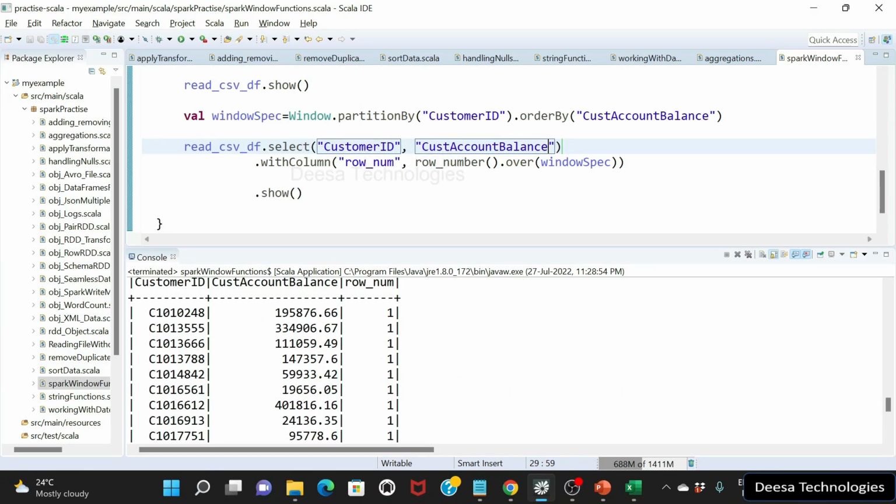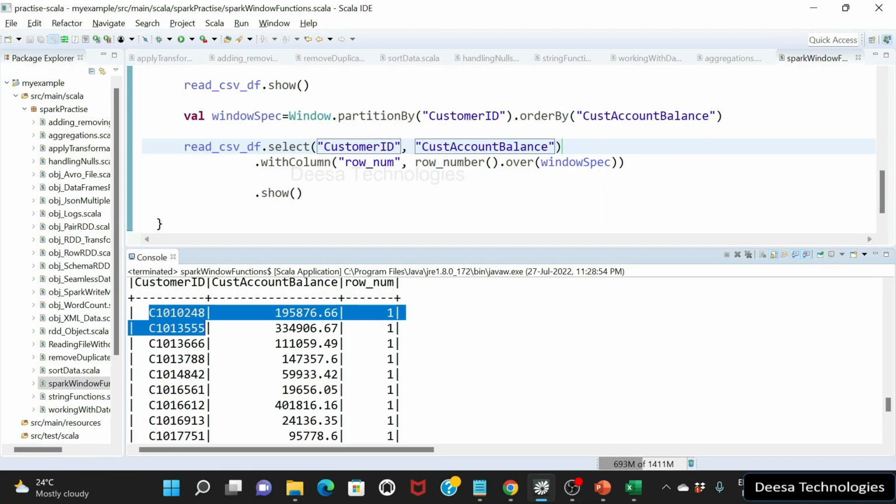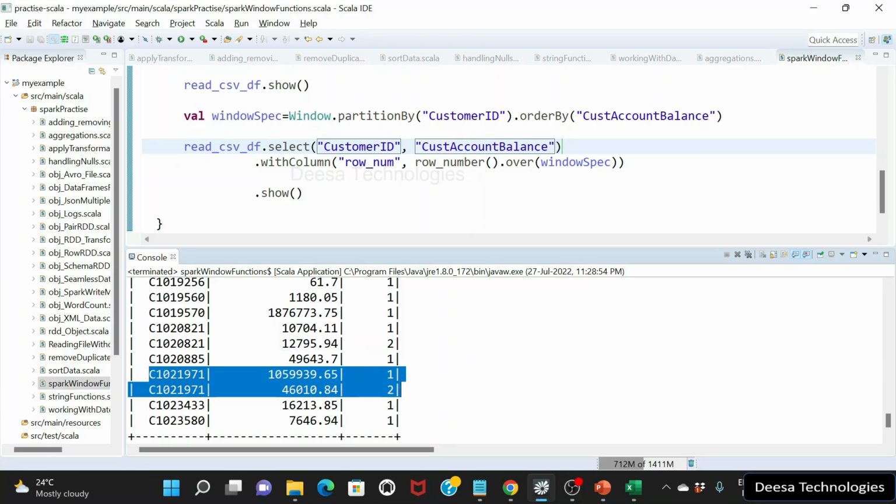If you look at this, the row number, most of them are 1. That is because we have only one record here, so there is nothing to partition. But if you scroll here and look at this data, we have two records with the same customer ID, and one is given as 1, the other is given as 2. That is because this has less customer account balance, so it is going to have a row number as 1. This will have a row number 2 because it has more customer account balance. Similarly, we have one more record where we have the same customer ID,